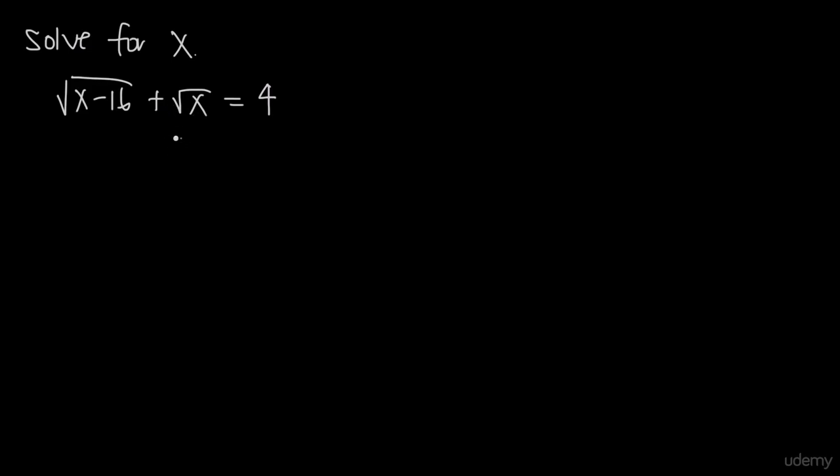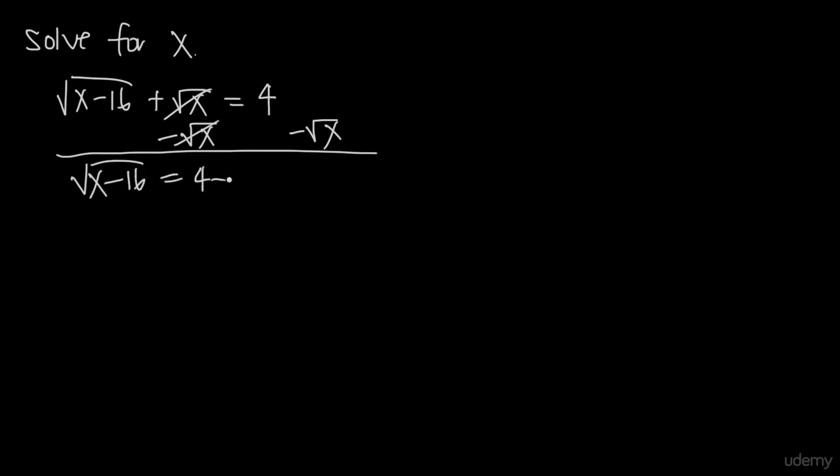So the first thing we want to do is subtract the square root of x from both sides. When we do, the positive square root of x and negative square root of x cancel on the left-hand side, leaving us with just the square root of x minus 16 on the left. On the right, we have 4 minus the square root of x. The reason we did that is because we wanted to isolate one of the square root signs and get it all by itself. It's helpful to isolate a square root because now we can square both sides of the equation,